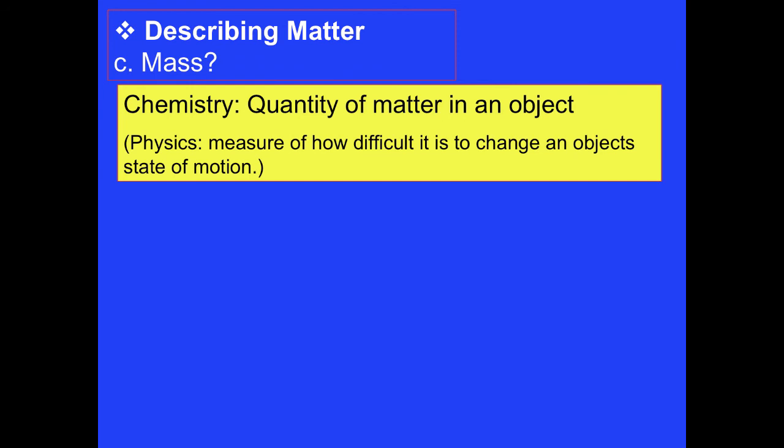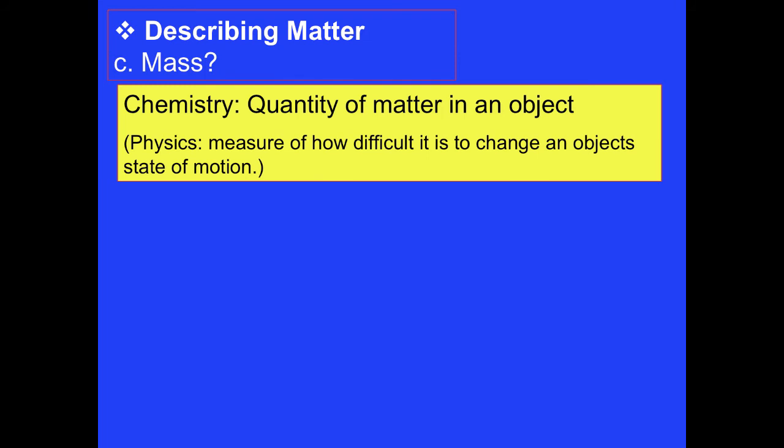Mass is defined as the quantity of matter in an object. We also have the physics definition written here, but we're going to focus on the chemistry definition. So thinking back to our astronaut, the amount of matter, the stuff that he contained in his body, didn't change as he traveled from the Earth to the Moon. This means that his mass stayed the same when he was on Earth, during his space travel, and when he